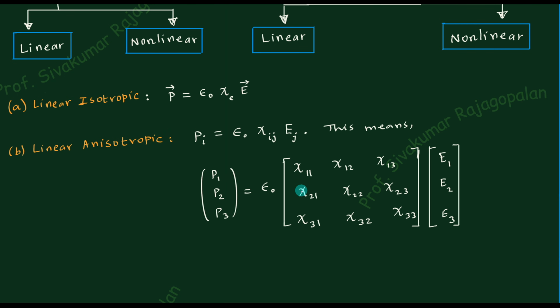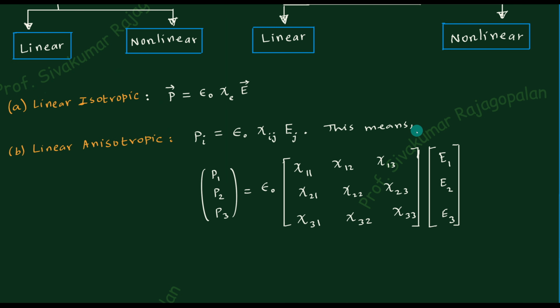And of course, how do we know that this is a 3 by 3 matrix? Why can it not be a 4 by 4 matrix? If you ask the question, there is a standard rule. The number of elements in the matrix is given by the number of dimension to the power rank. This is a standard rule. What does the number of dimension mean? We are considering the three-dimensional Euclidean space. So three-dimensional means 3.